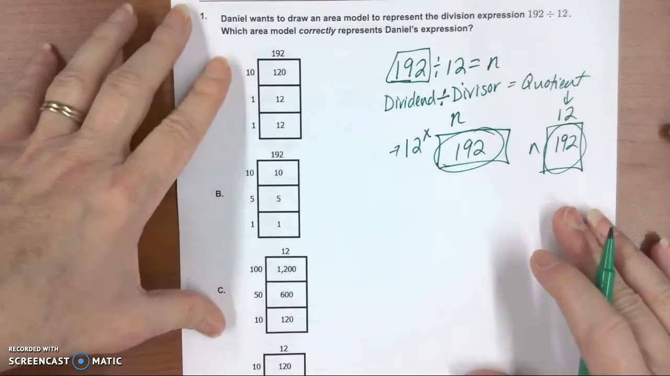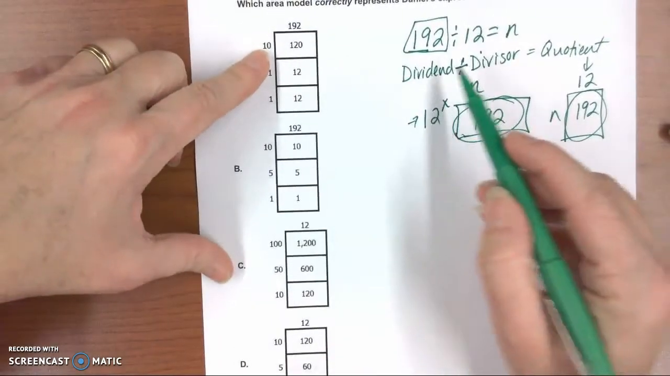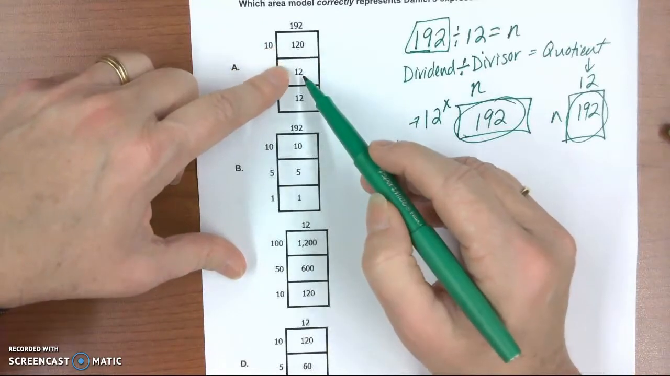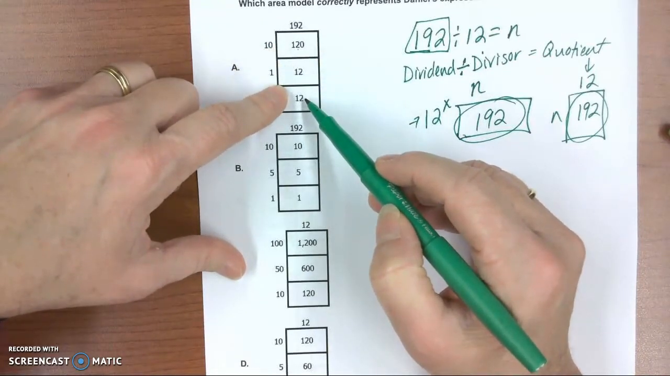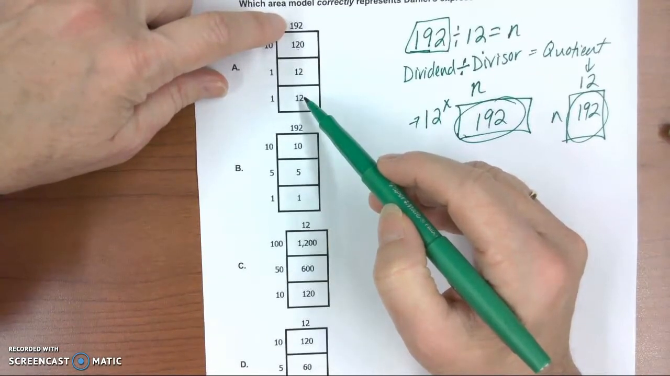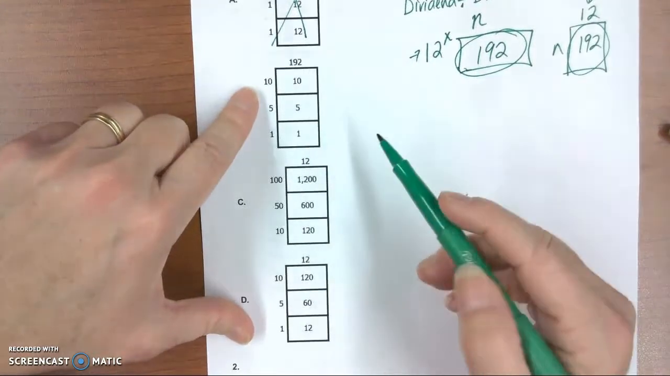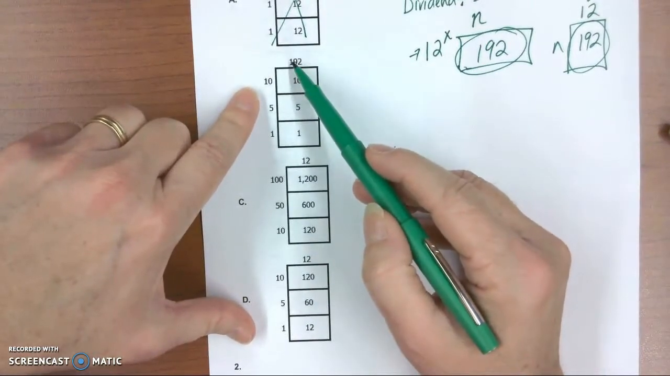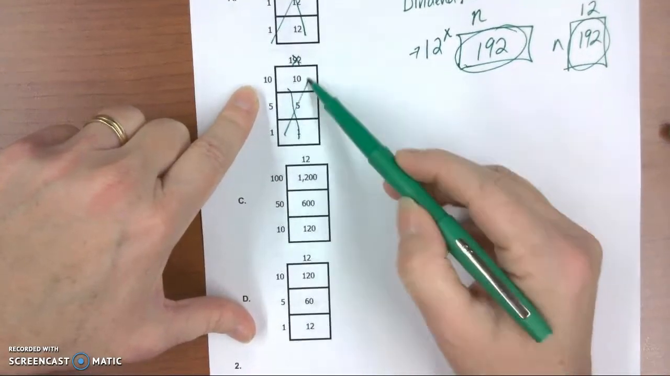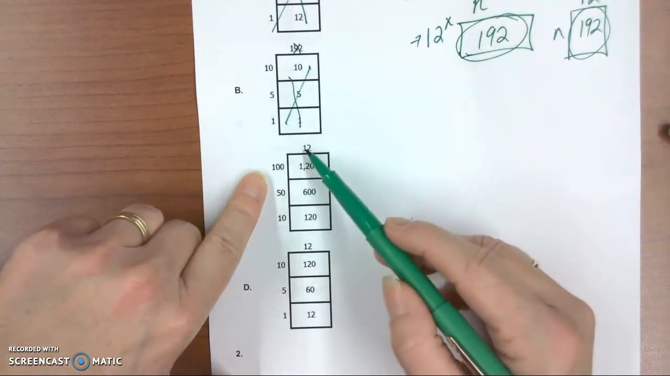So let's look first of all and see if we have an area of 192 anywhere. On this one, because that's our dividend, we have 120 plus 12 plus 12. Well, 120 plus 12 plus 12 is 144. That's not our area. And it also has our dividend outside, like it would be a quotient or divisor. So this could not be the right model. Let's look at this one. Here we have the dividend outside, so that doesn't work, and 10 plus 5 plus 1 is 16, so that can't work. Here we have 12, which is our divisor, and 12 and